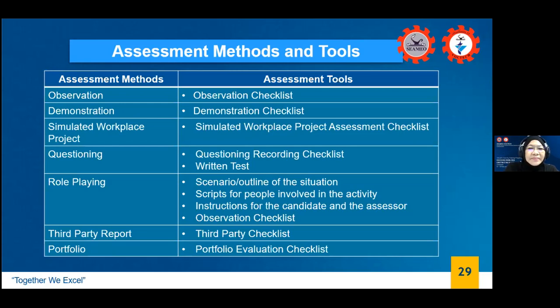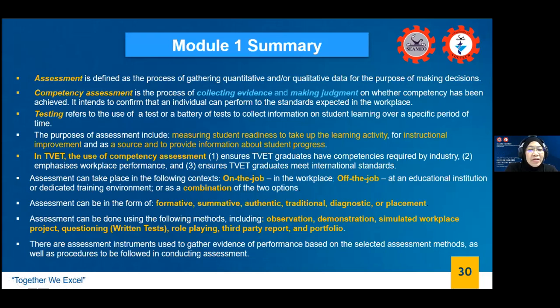Now, we are in the summary. Okay, before we have a break, assessment is defined. I have explained this earlier, one by one, prior to us arriving at this. So what we could do is, do you want me to explain these? These are all in the slides that we had earlier.